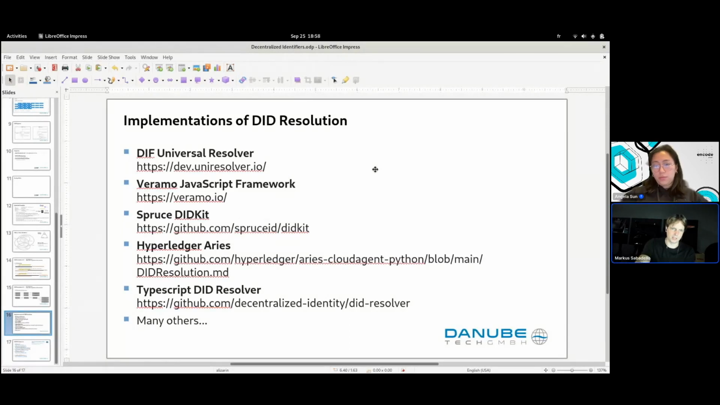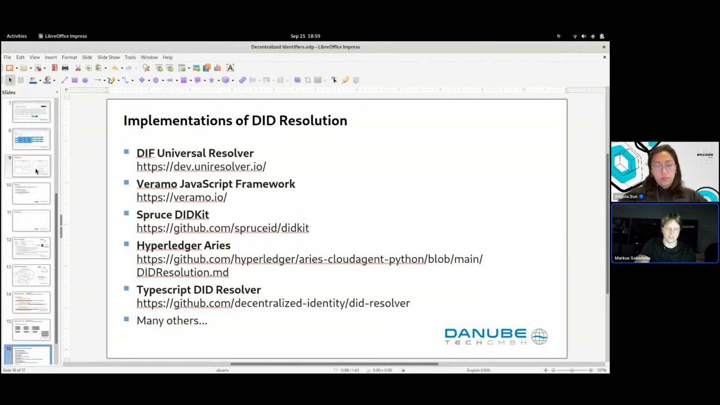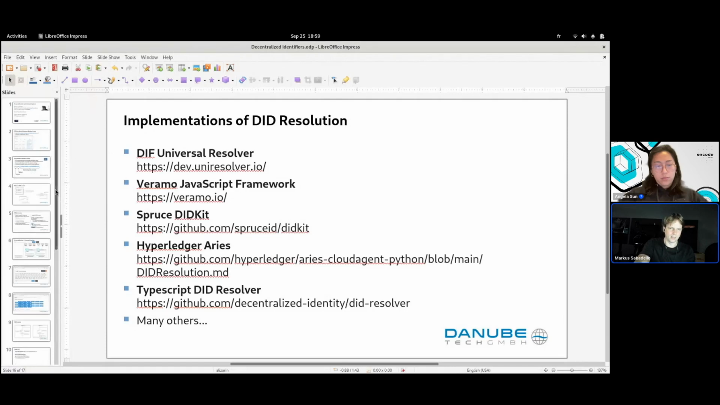Here you can see some examples: the Veramo framework, Hyperledger Aries, a TypeScript implementation, Spruce DIDKit. And then of course we have our DIF Universal Resolver, which we have in the name of the workshop. This is the open source implementation of DID resolution, of this basic technical function. So here's a